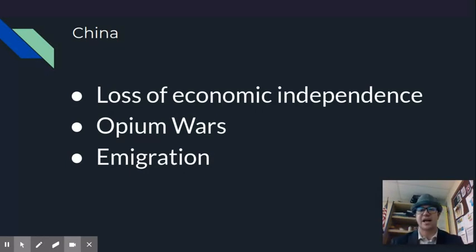breaks down their society. There's also a lot of emigration in this time period from China because it is underdeveloped at the time period. And so the Chinese are filling a lot of labor shortages around the world. And, gold rush in America, gold rush in Australia, the Chinese are going there to hopefully get a better life for themselves because times are fairly tough in China.